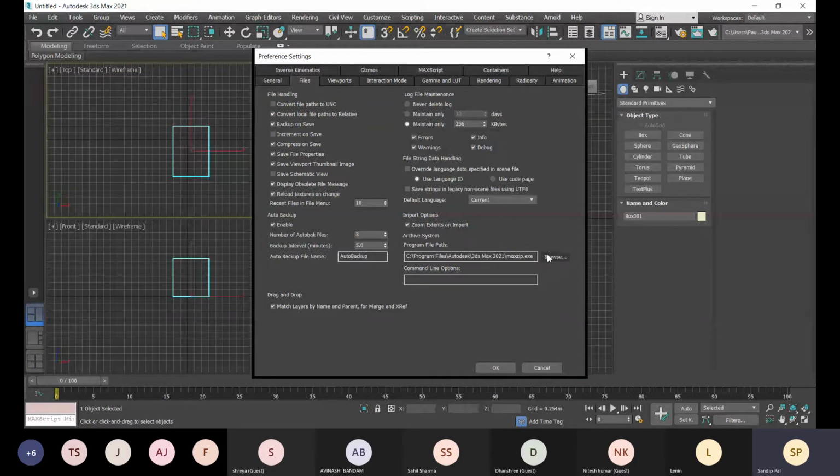Your auto backup is enabled, and you can set how many auto backup files there will be. This is the number, and this is the backup interval. After 5 minutes it will back it up.